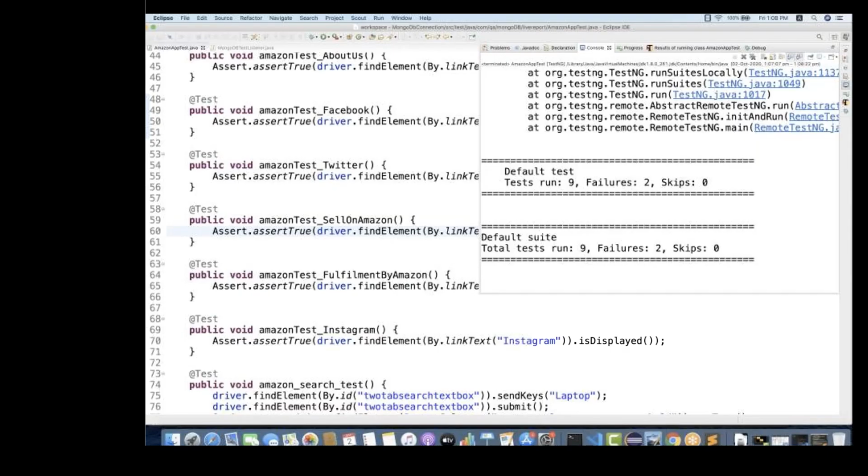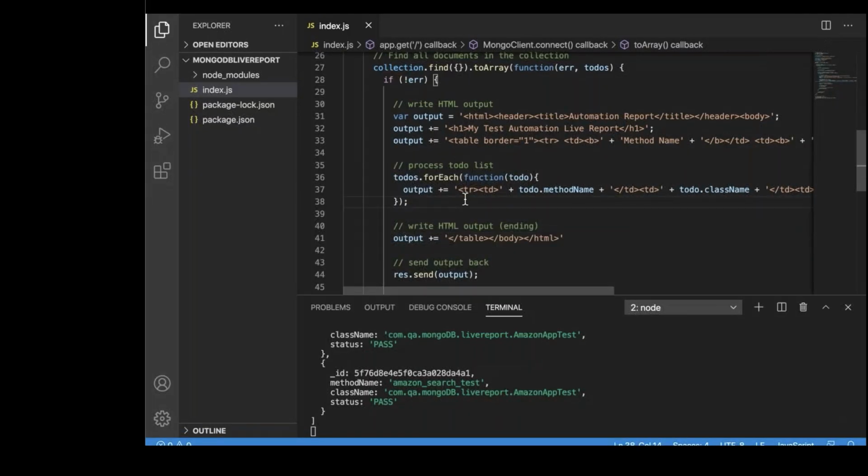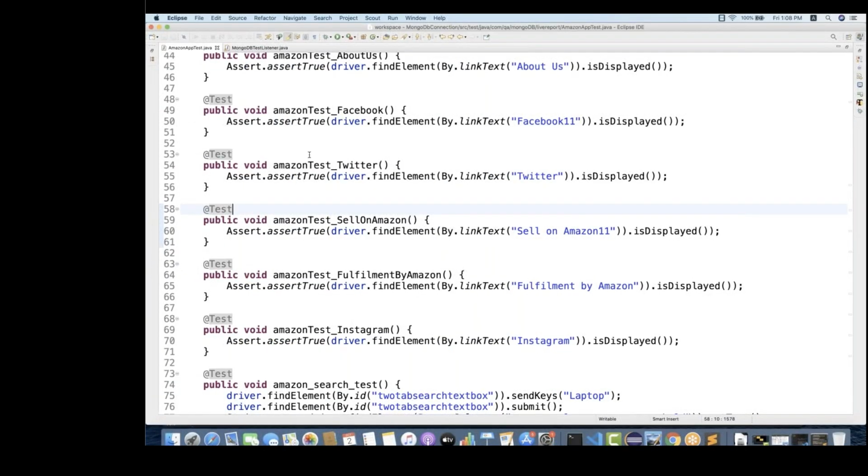I'll be publishing this particular code to my GitHub repository, and this Visual Studio Code project also I'll be putting over there with the same name, index.js. I'll be creating a separate project over here. So 2 projects you will be finding in my repository. One is for the MongoDB listener side, the test case side, and another one is for fetching the data from the database. Okay, so just use it, showcase it as a POC in your company, and then start implementing it.